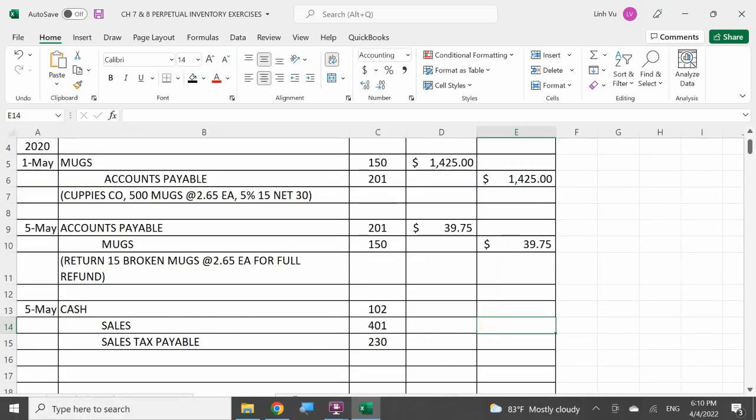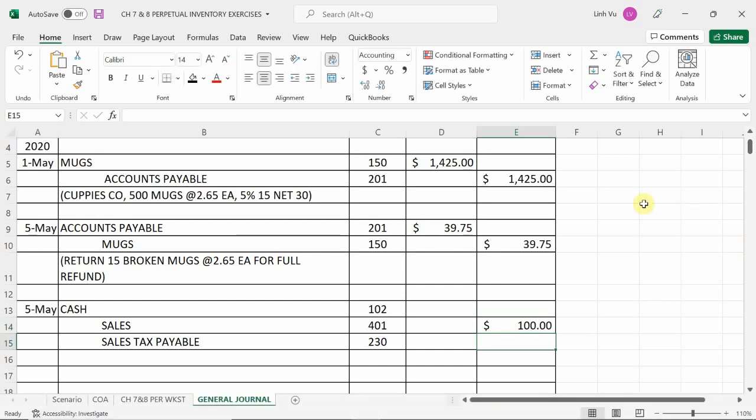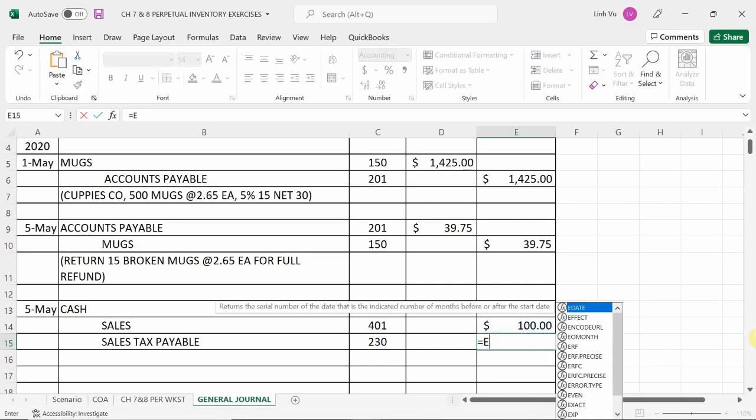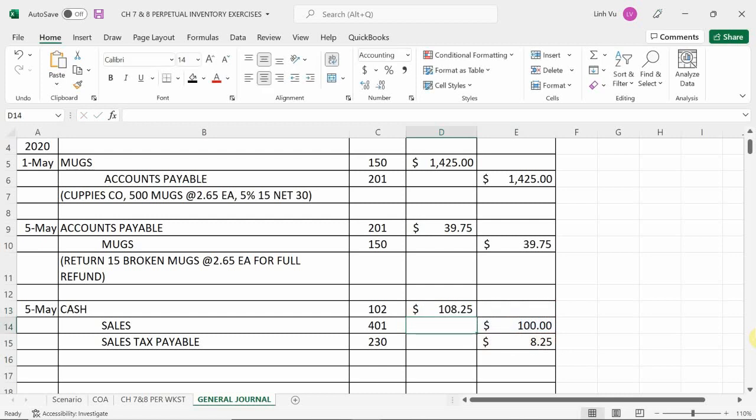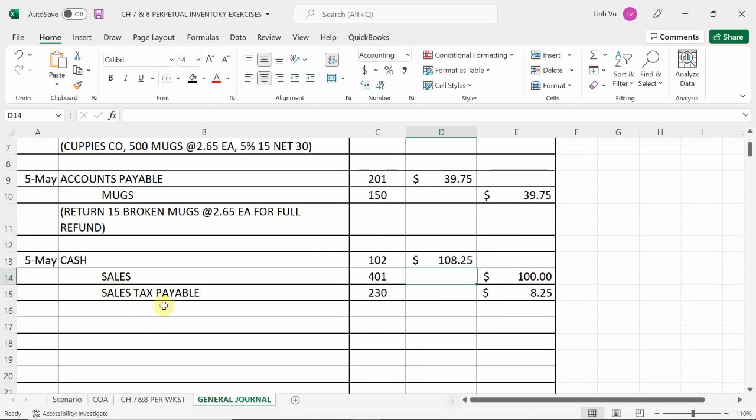So my sales is going to be 10 times $10, which is $100. If tax was 8.25%, how much tax am I going to charge? That should give you $8.25. So in this case, I sold for a grand total of $108.25. Now you can choose to make a note here of how many items you sell, but in